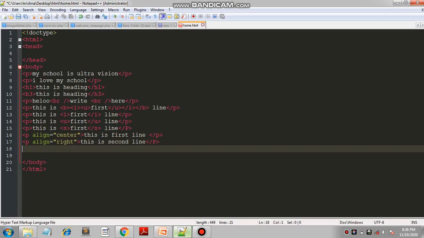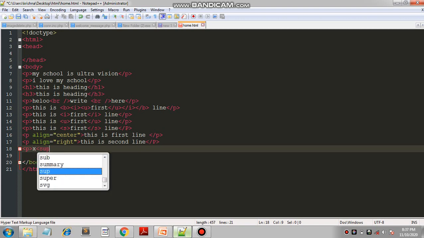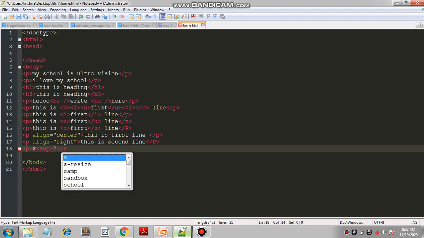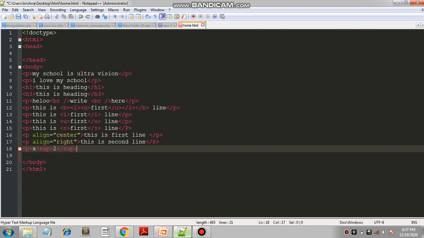Now superscript or subscript, for that we use a p. Here we use X, then use sup for superscript 2, end of sup and end of p tag.